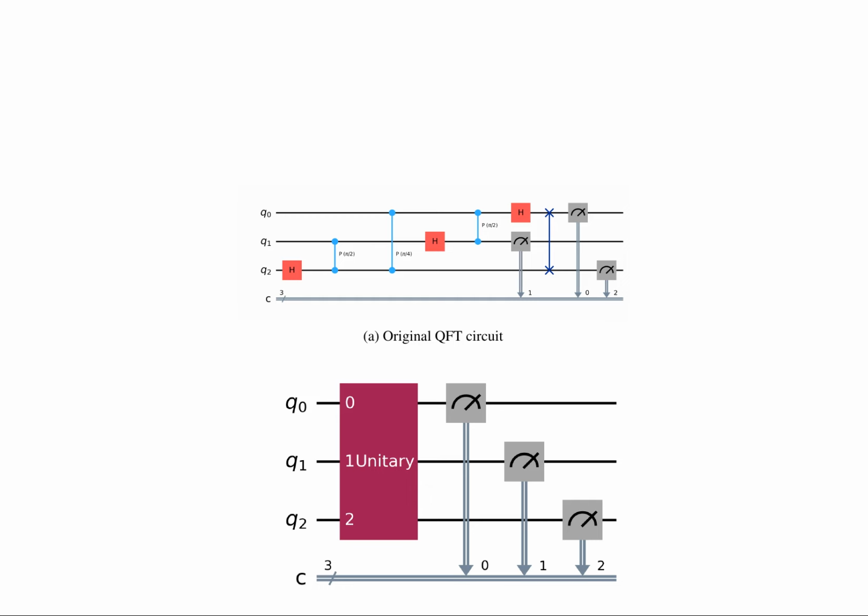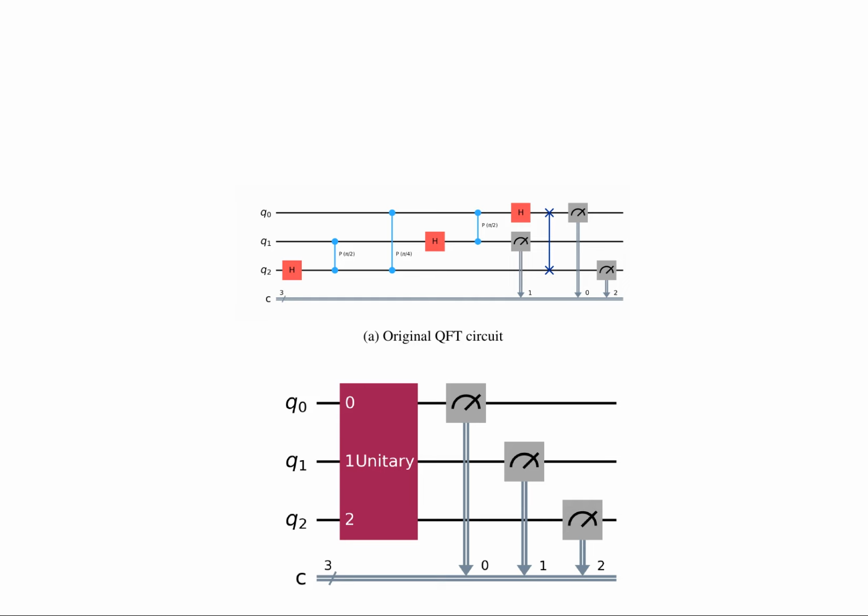In quantum computing, the quantum Fourier transform, QFT, is a crucial algorithm that transforms quantum states into their Fourier transformed counterparts. To enhance the simulation efficiency of the QFT circuit, we present an optimization technique called character decomposition. This method is demonstrated in Figure 3, which illustrates the original QFT circuit for 3 qubits and its optimized version